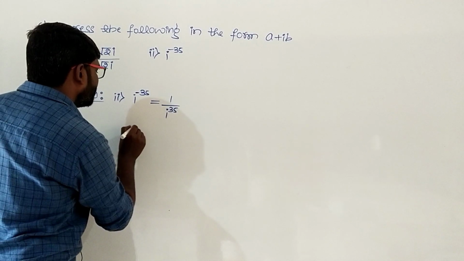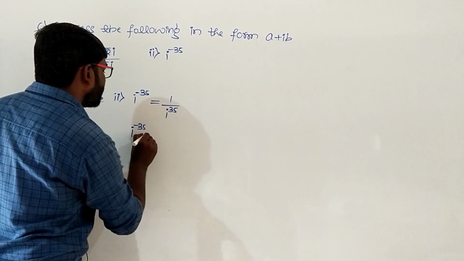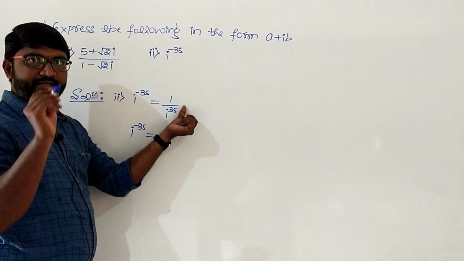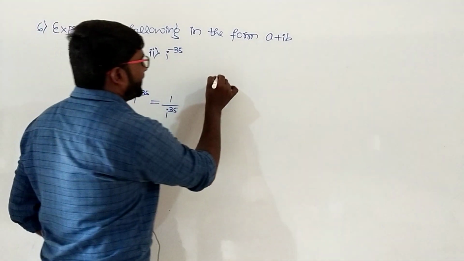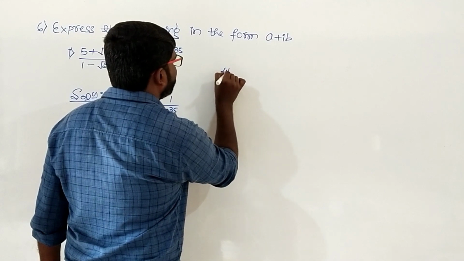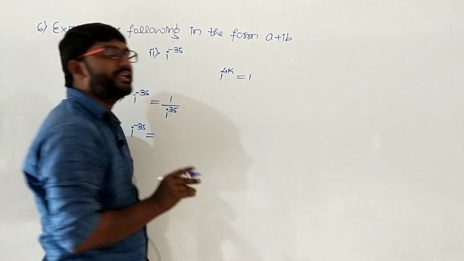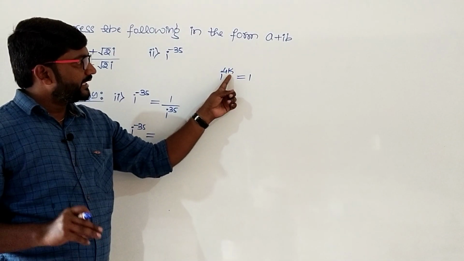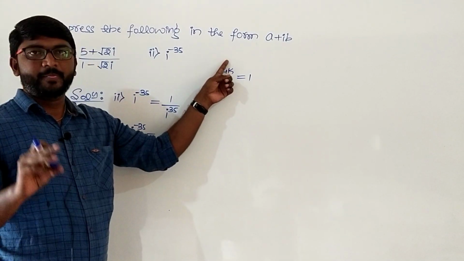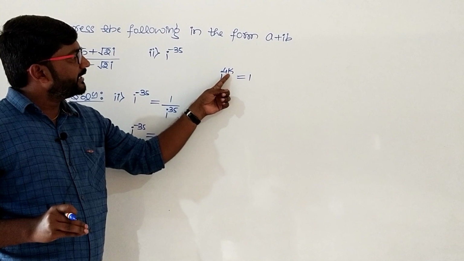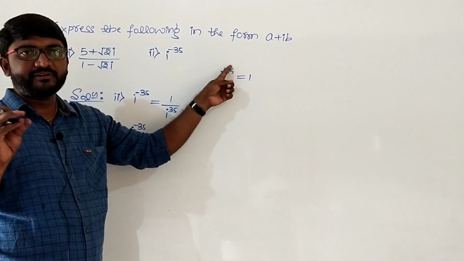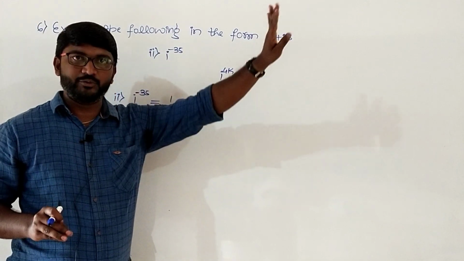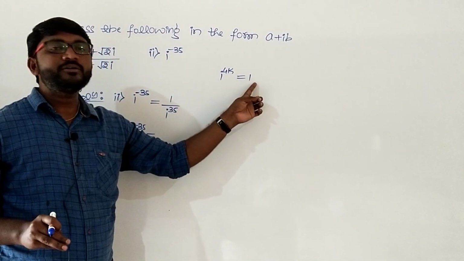So I raised to minus 35 is equal to, now here we have to multiply and divide by I. We have told you a standard result: I raised to 4k is equal to 1, where k is any integer. Here you can take any value of k. Take k value 1, I raised to 4 is 1. Then take k value 3, 4 into 3 is 12. So I to the power 12 is also 1. If it is a multiple of 4, then the value is 1.